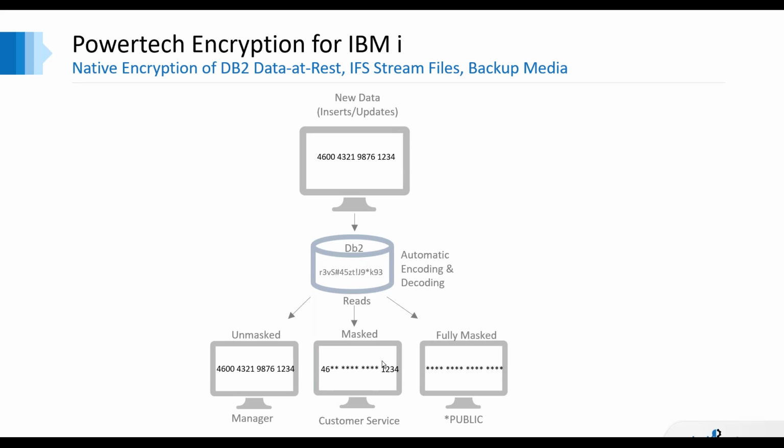So that customer service rep that only needs to see the last 4, or maybe that automatic email that generates to a customer after they order that says, hey, you've just ordered, payment method, and it shows the last 4 of the credit card number. That's where that partial masking is going to give you that benefit. And then the fully masked data, making sure that users that are not authorized to read that sensitive data get to see the masked information. They don't get the data. They don't have access to it.